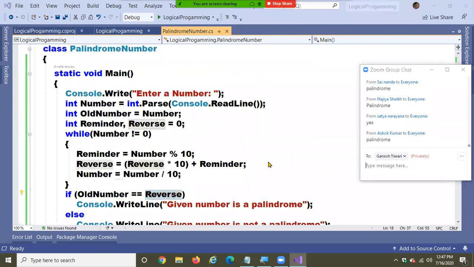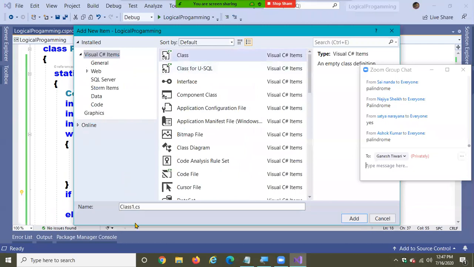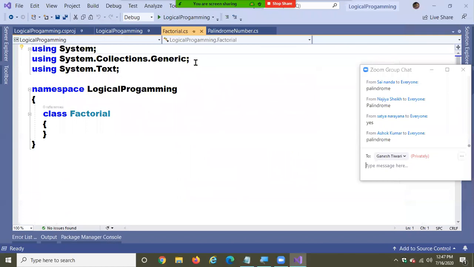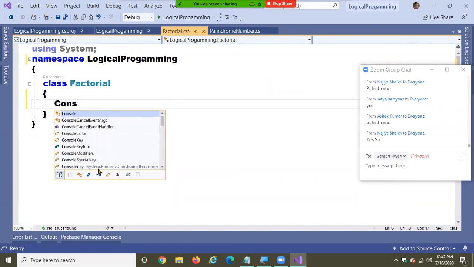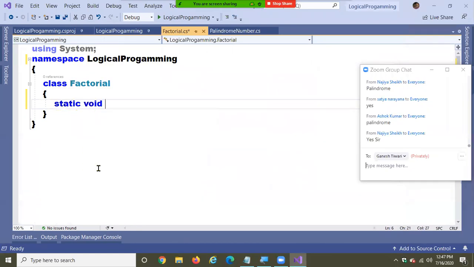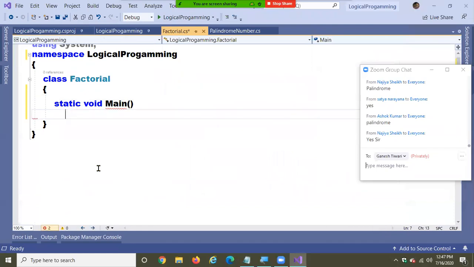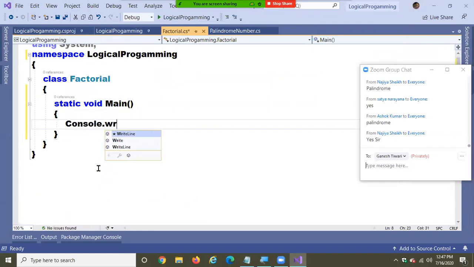Can you write a simple program to print the factorial of a number? Whatever number is entered, it has to print the factorial of that number. Factorial logic is very simple. static void Main. Anyone can write this code.